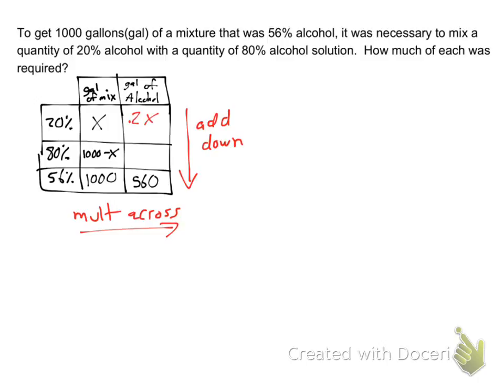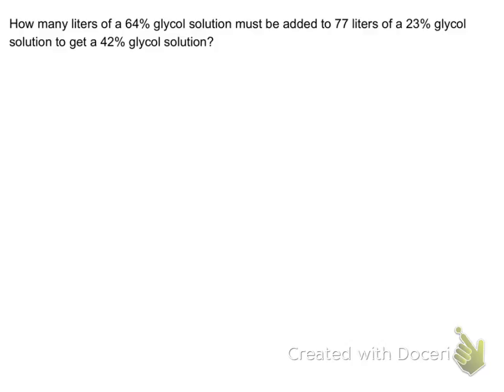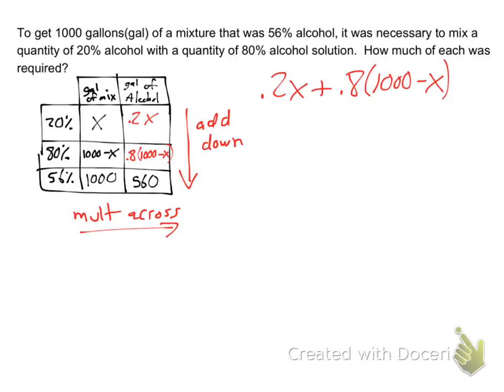What's 80% of 1,000 minus X? 0.8 times 1,000 minus X. And according to the last rule, the top two will add up to the bottom row. 0.2X plus 0.8 times 1,000 minus X equals